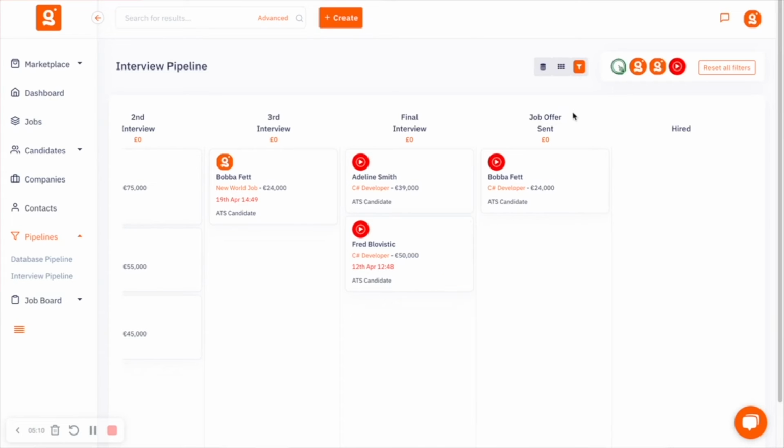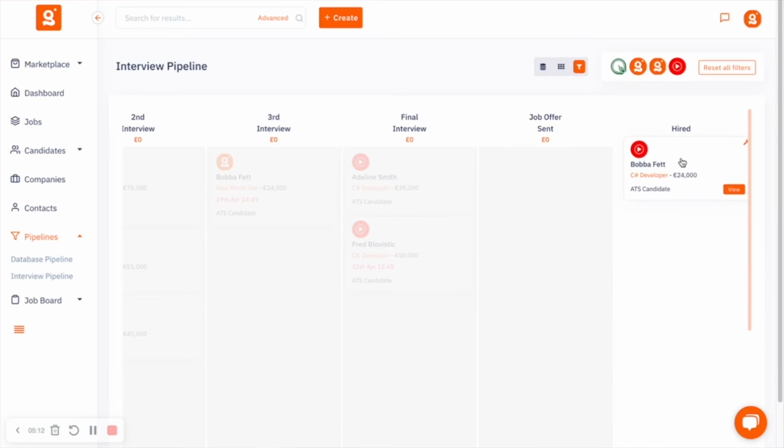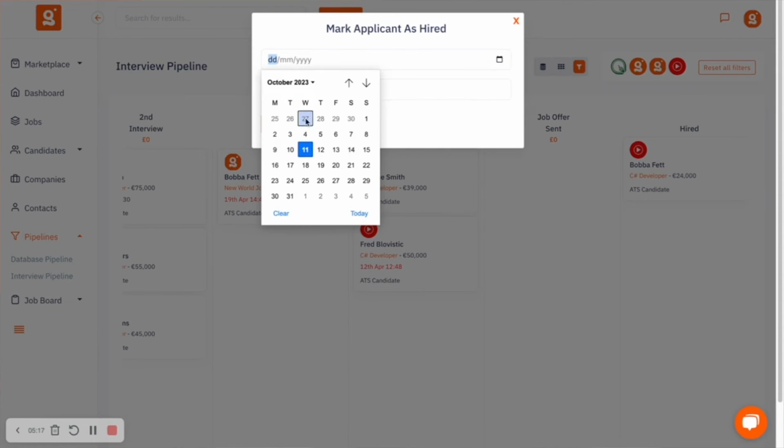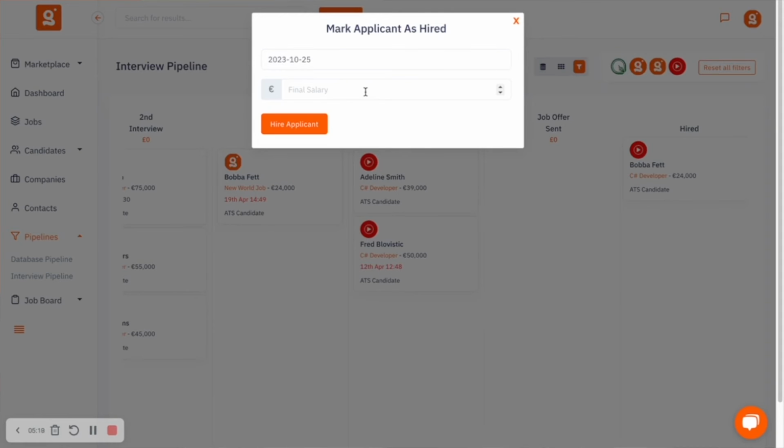Once they get to the end of the process and you want to move them into hired, you can drop them into this column. The system will ask you for the start date and the final salary of the candidate that they were hired at, and you simply click hire applicant. So that's a quick run through of the two pipelining tools that we have available in the Giig Hire platform